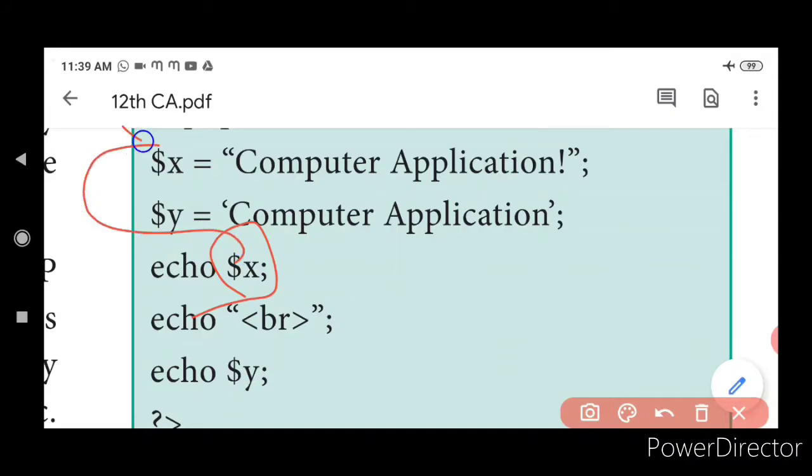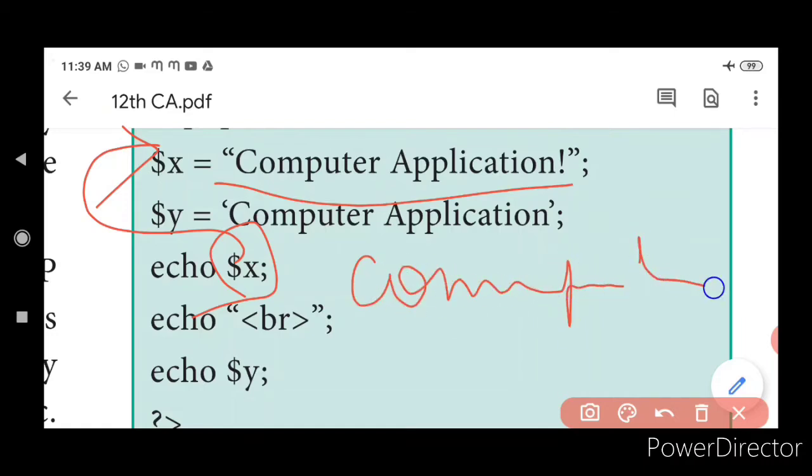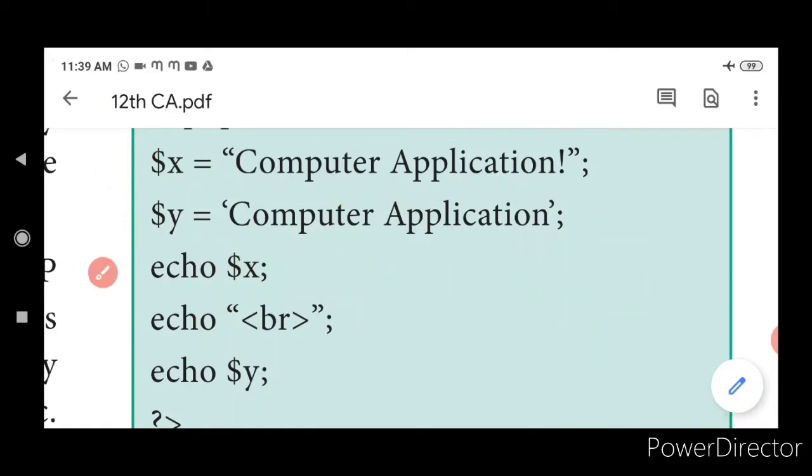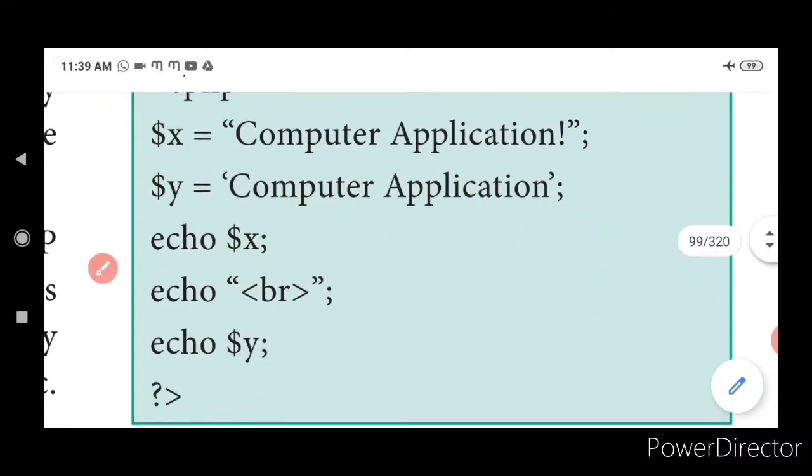Yes, what is there in the value of $x? It is going to be computer application. It will be just printed up here. Okay, computer application will be printed up here. And a break statement represents next line. What does it represent? It represents